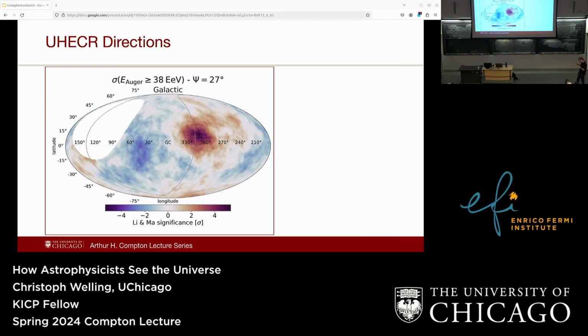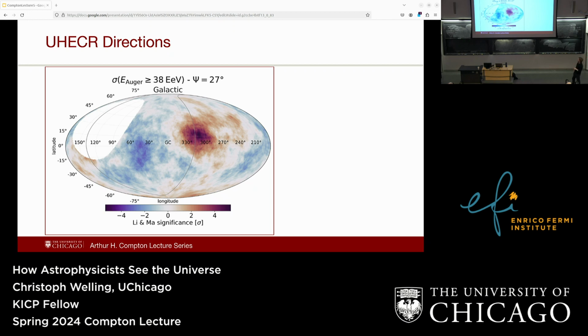And now, because we think we have these two types of populations, we're going to worry about the lower energy ones next week. For the higher energy ones, what you can actually do is, because how much your cosmic ray gets deflected depends on the energy, if you only take the very, very highest energy cosmic rays, you can say, well, they're probably not going to get deflected as much. So maybe if you look where they're coming from, we get a rough idea of where the sources are. There's probably still some connection between the direction that the sources are in.